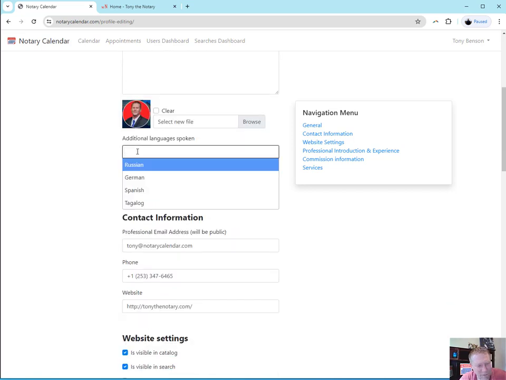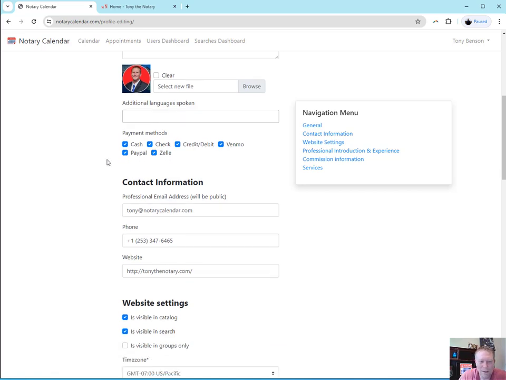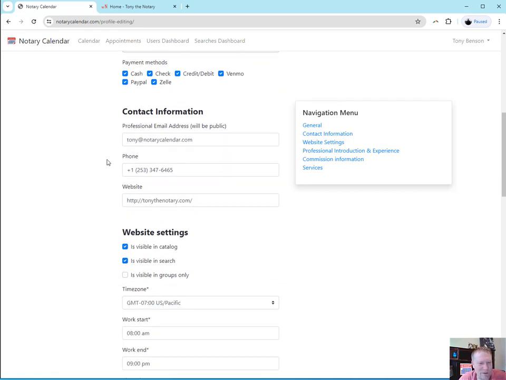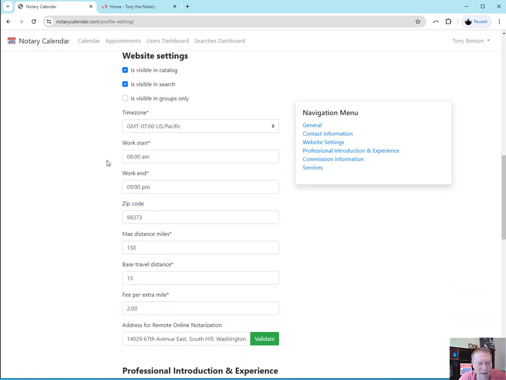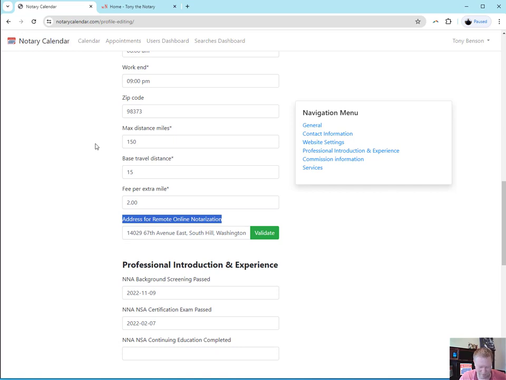Language is spoken. If there's something missing here, feel free to shoot me an email, text, call, whatever works. Let me know, I can add it, if there's a language that's not on there that you do speak. The main ones, and this is the new one, which is awesome, I'll show you that in just a second, though. But in case you are new, if you haven't been through this before, if you're not familiar with this, under